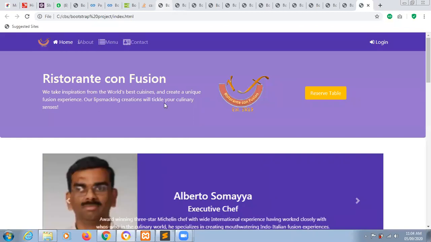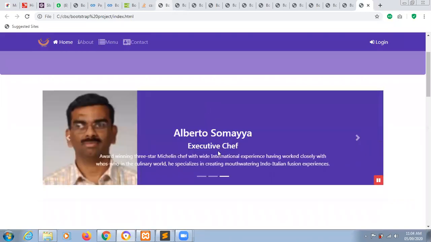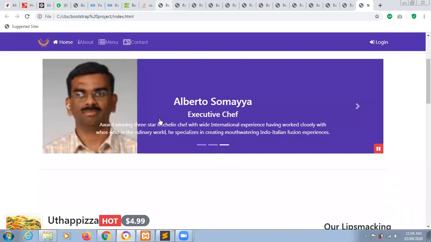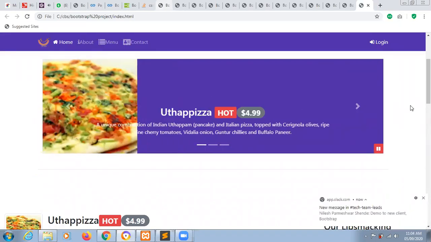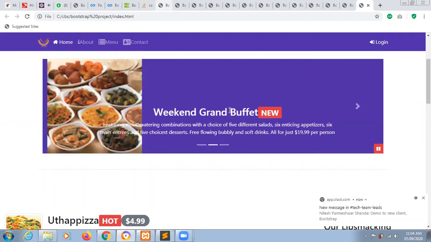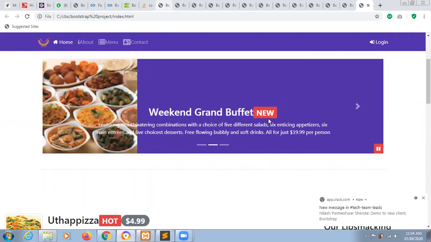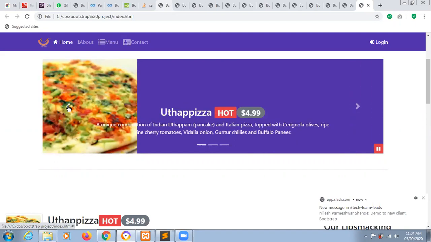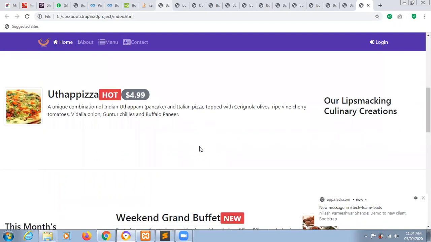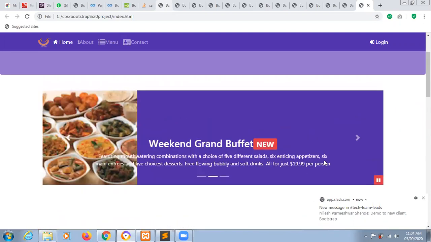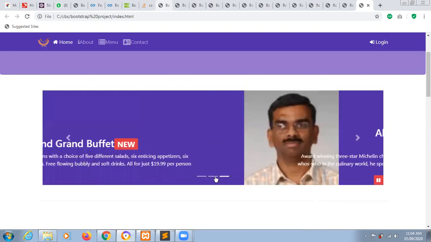Okay. This is nice, madam, the carousel. So these dashes are there for the carousel, right? Yes, madam. This is not the badge. This is new. That is the badge. So I am asking about the dashes down the carousel. There are three indicators. This carousel, this one, the indicators. Yes, madam.